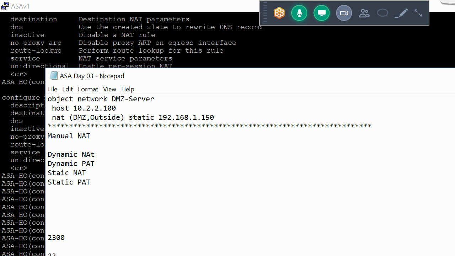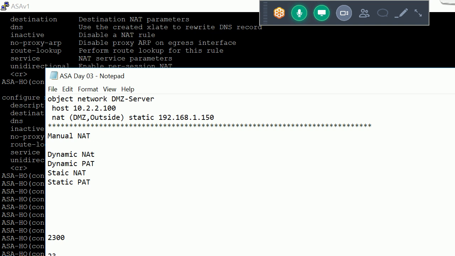At that time they get access to the telnet service running on port 23 in the DMZ server. Okay, so that is the next task.